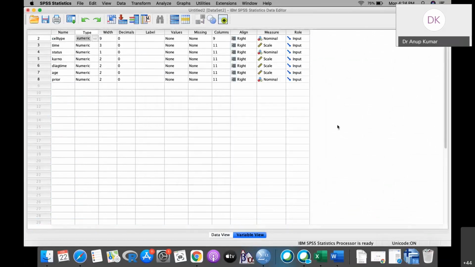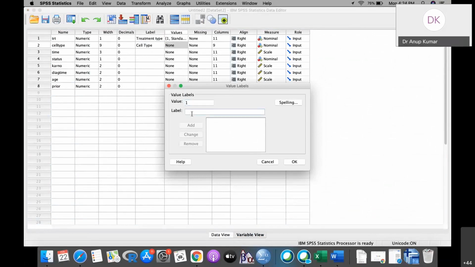Here you can write down the name of the cell type or whatever description you want to give, and then here you write 1 stands for squamous, 2 stands for small cell, and 3 stands for adeno, and 4 stands for large cell.